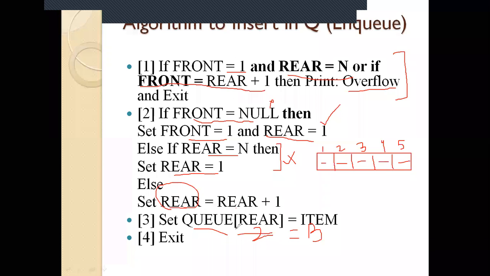So I think you can write this down now on your own. What is the first thing you need to remember? Is there any space in the array? So first of all you check for the overflow condition, and there were two things to check for that. Next, when you increment the value of rear, you say rear is equal to rear plus 1. If front is null, you say this thing. If rear is n, you say rear is 1. Okay, if you have any doubt, you can write in the chat box. I'm waiting for that.